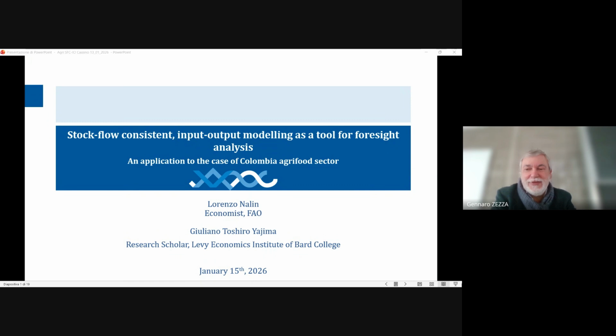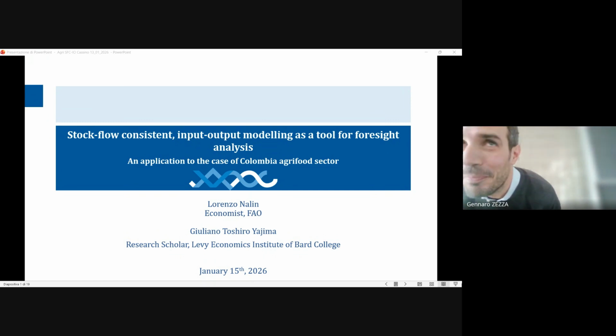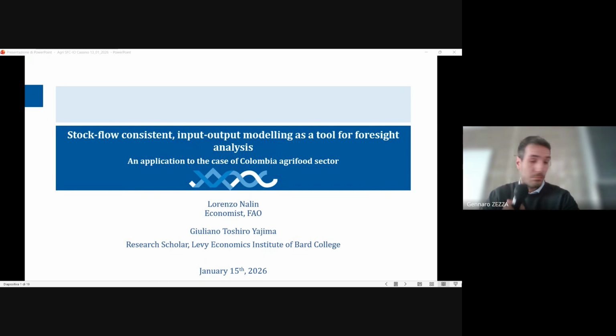I know you guys were waiting for another presentation on Colombia and the agri-food sector in Colombia, so here I am. This is work from myself, Lorenzo Nalin, economist at FIO, and my friend and colleague Giuliano Toshiro Yajima. We also address stock flow consistent input-output modeling for the agri-food sector in Colombia. And the reason for this, the motivation that brings us here,